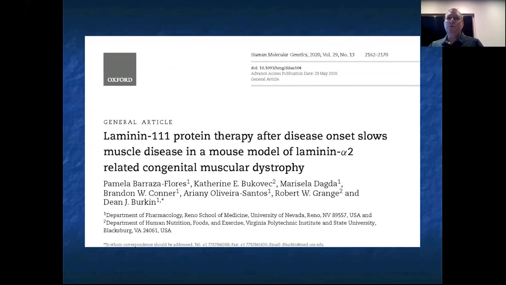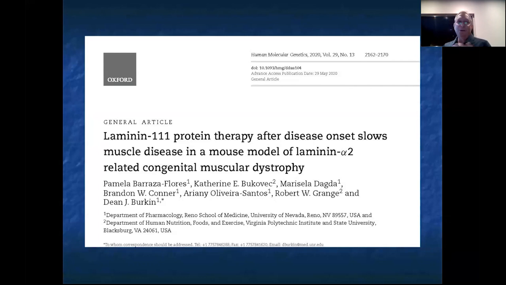Okay, 10 to 12 days. So pretty young. So the big question is now, what if we treat later, right? Because most patients, most kids, have had the disease for a little while. So what happens? And this paper describes, this is actually done by Pamela, who was a graduate student in my